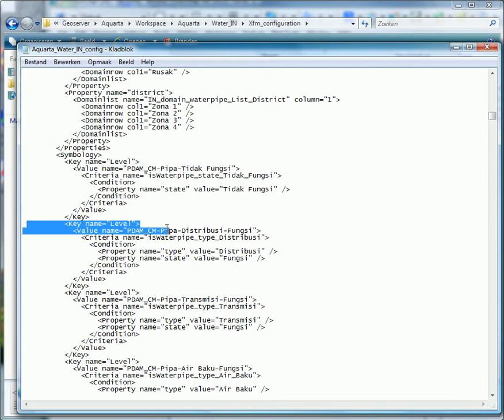Start here. If the type of the pipe is distribution and the state is active, then this will be the level where the pipe is placed on,